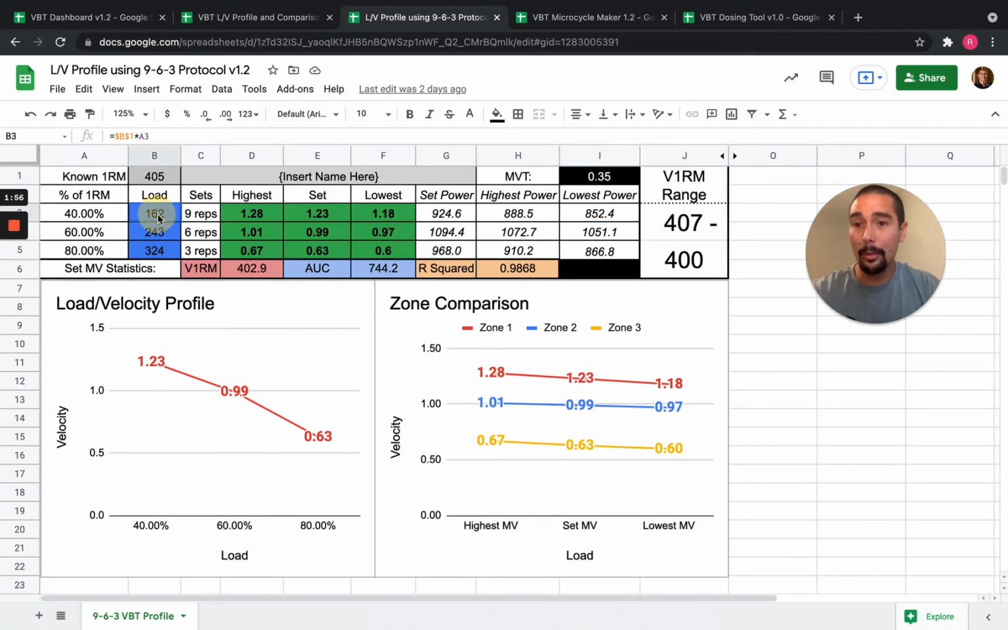Once that's established, then you can come into the blue cells and type in your loads. Notice what happens when I take those away. I don't get the metrics of velocity and things like that. And then this is where it gets to be a little bit more cumbersome than your traditional load velocity profiling scenario. I actually require that you type in the average speed,